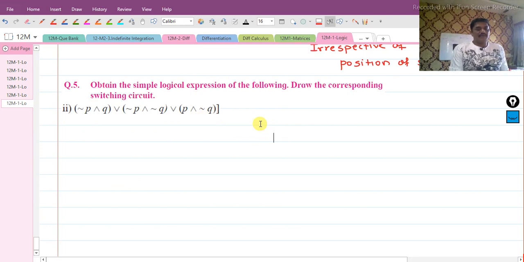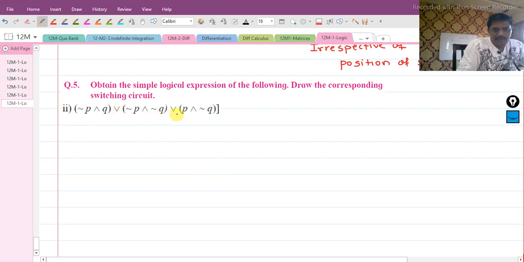यहाँ पे दिया हुआ जो है उसे मुझे यूजिंग द लॉज सिंप्लीफाई करना है पहले। I have to simplify this first, और फिर उसके बाद मुझे उसका सर्किट ड्रॉ करना है। I have to draw the circuit for this. तो लेट्स बिगिन विद दिस नाउ। सेकेंड वाला जो दिया है, आई हैव टू यूज वेरियस लॉज फॉर दिस। कैसे करेंगे? तो पहले